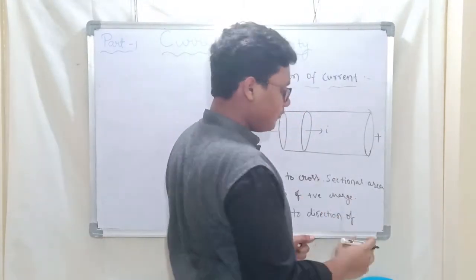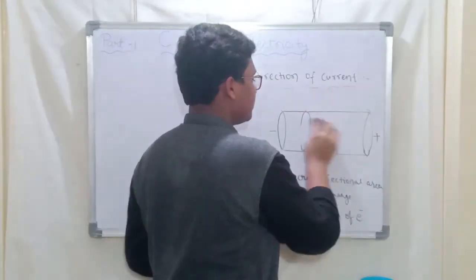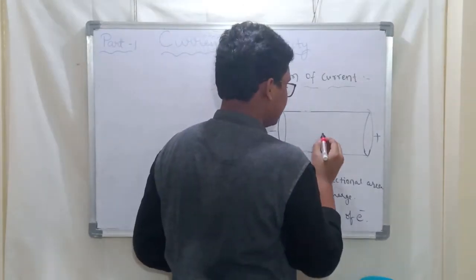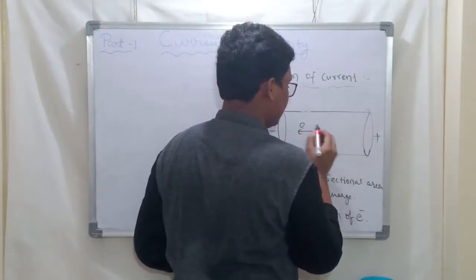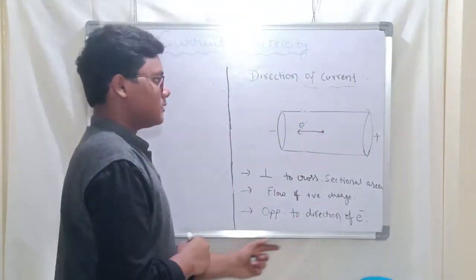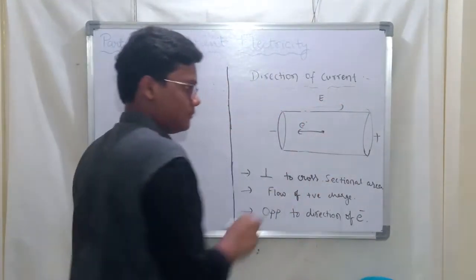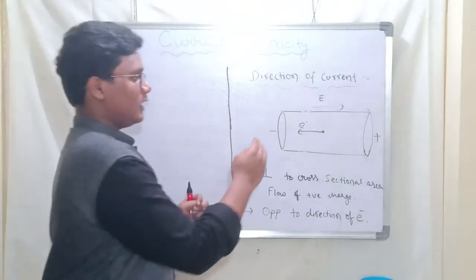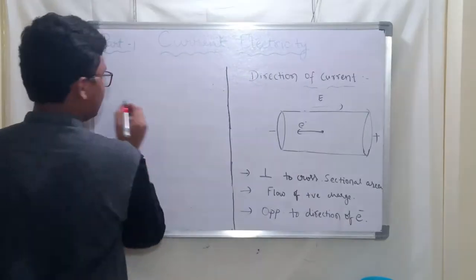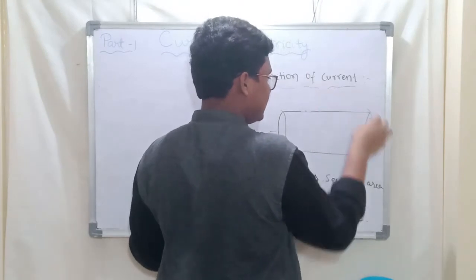See, if the electrons are moving in this direction, what happens? The electric current flows in this direction. If the electrons are in that direction, the electric current is in this direction. That's because, see, how that will go,